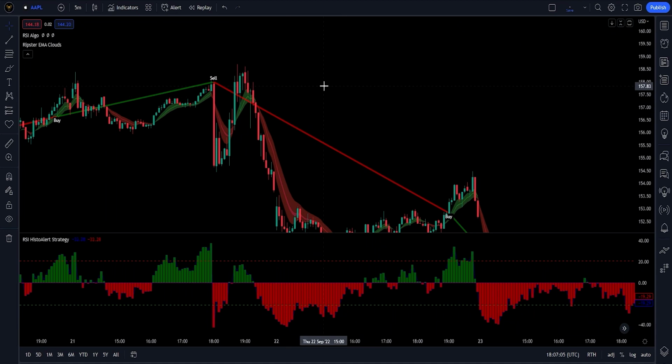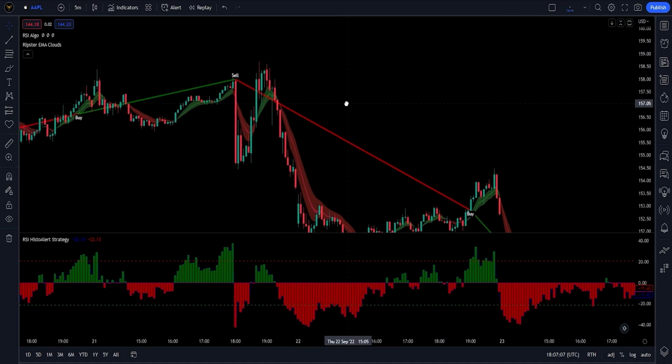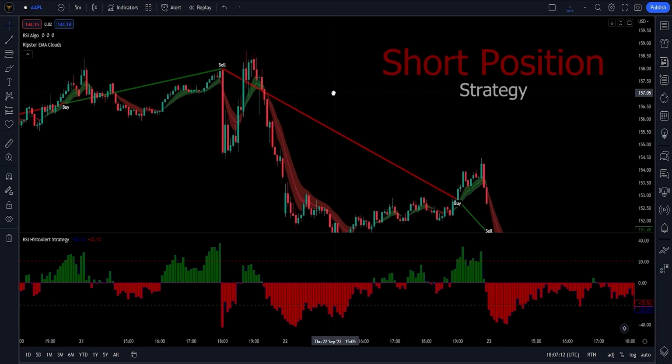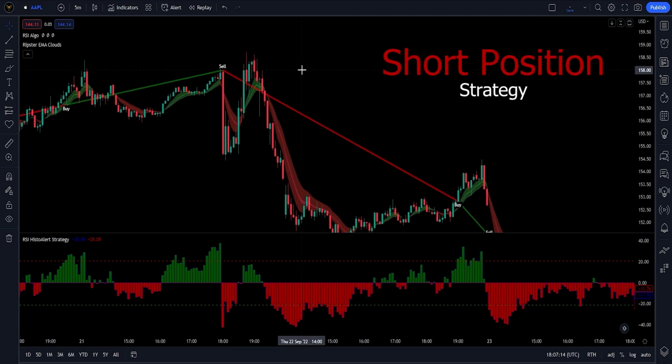In order to successfully execute a short trade, all of our indicators have to confirm a bearish direction of our price. We will use the same rules we used in our long trade, but reversed. Rule number 1. Our RSI algo indicator must generate a sell signal on our chart. Once again, this is the most important rule in a short trade, because it's the first rule we will check, before looking at our other indicators.